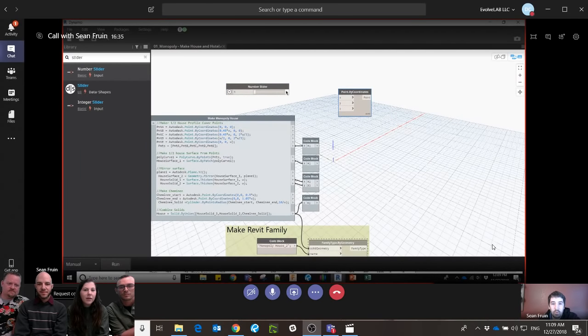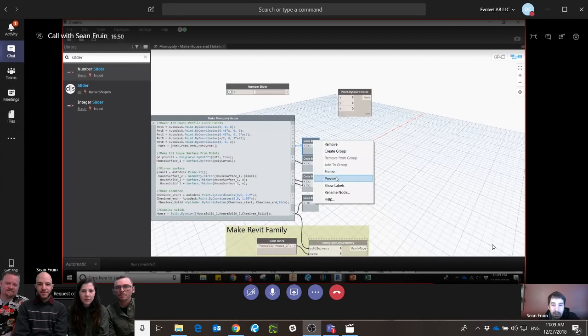So, of course, you have a point. If we run this, here, we'll even go to automatic. If we run this, we see this point right here. And then with sliders, we can move these points around. Sweet. Then we can start, and this is kind of how I build,